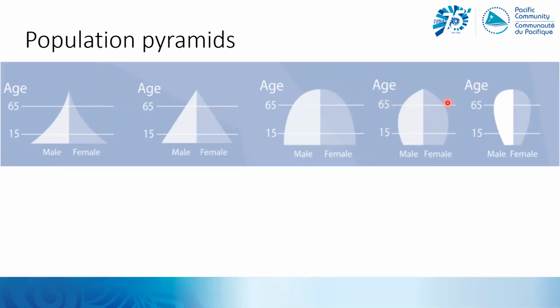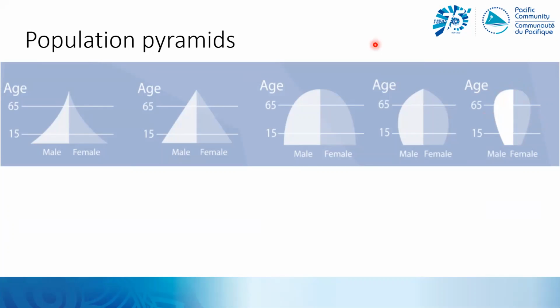We then move on to the next stage in the demographic transition where fertility is dropping off even more. So we've got fewer people now in these young age groups, and the bulk of the population is in this working age. The final representation, which is sort of typical of what you'd see in somewhere like Japan, where the population is relatively old, really cut away at these younger age groups, and the bulk of the population in this top half. So that's in demography what we call a coffin-shaped pyramid.